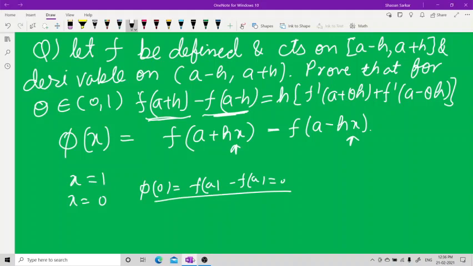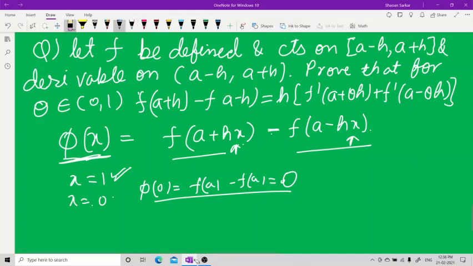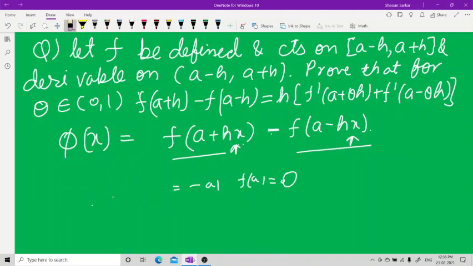Look carefully how to do it. Thus phi x is selected in such a manner that when you put x equal to 1, it will give me this, and you have to take this minus this. When I put x equal to 0, it will give me 0 because of this. This is the way you need to select the function. How to select the function? Look at this term, just a minute, look at these terms again.